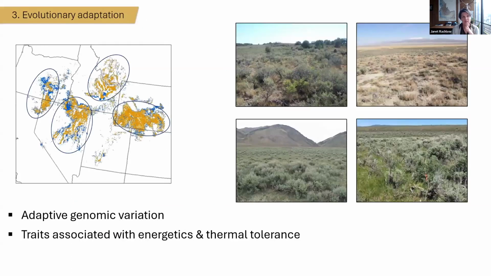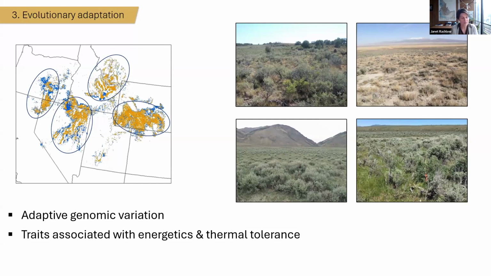Okay, I am just going to end with saying that I wish I had all the data that Cam has for his ptarmigan and the data they have for grouse. We are just beginning a project this fall to examine adaptive genomic variation to try and understand whether there are traits associated with energetics, with thermal tolerance, and whether we can detect those differences throughout the range of the species. And even though, to a lot of us, sagebrush looks like sagebrush, across this broad range of the distribution of pygmy rabbits, there's actually a broad range of environments.